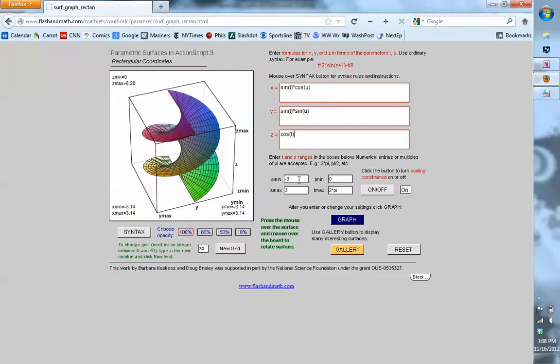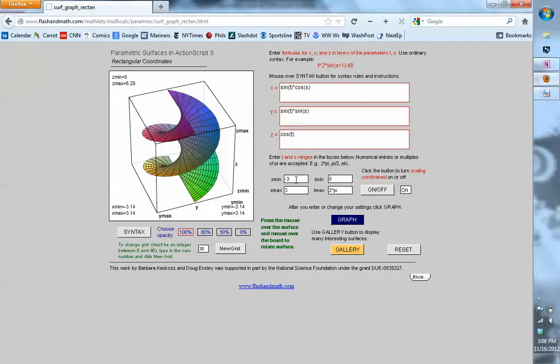Okay, so t is playing the role of phi, s is playing the role of theta, so the s parameter range